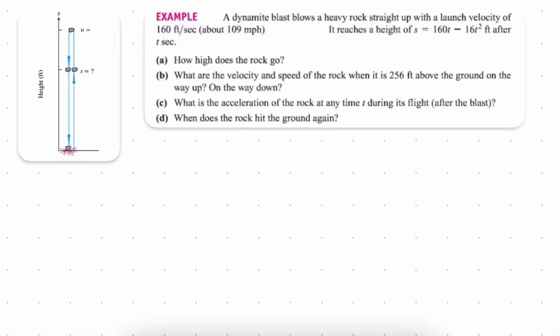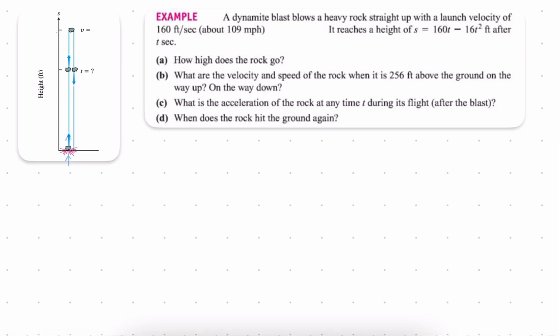Okay, this question is an application question for differentiation. It says that a dynamite blast blows a heavy rock straight up with a launch velocity of 160 feet per second, about 109 mph, which means miles per hour. So the dynamite here blows this heavy rock vertically